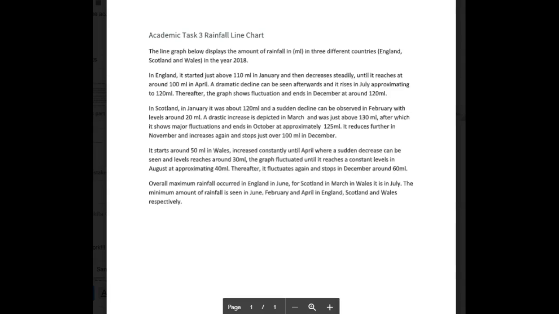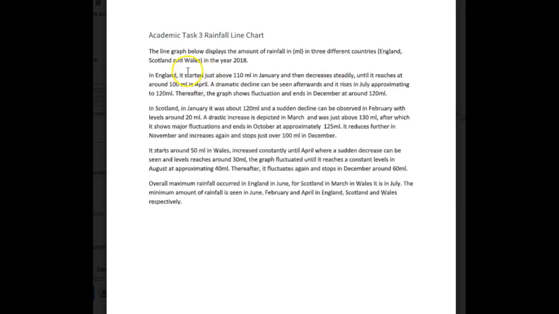In England, it started. Okay, careful with the it. What does the it refer to? It's a little confusing because someone reading this might assume that the it refers to 2018 or even the line graph. So when you start a new paragraph, it's often helpful if you restate what the noun is. So here it should be, in England, rainfall started just above 110 ml in January and then